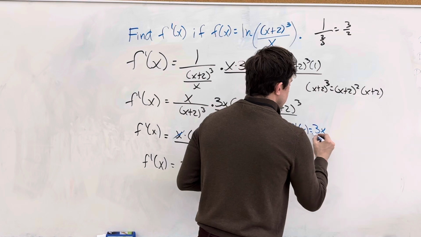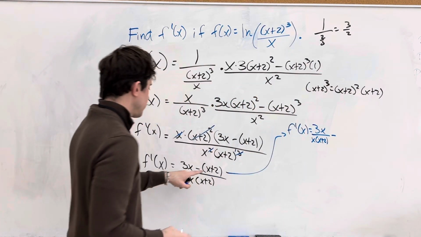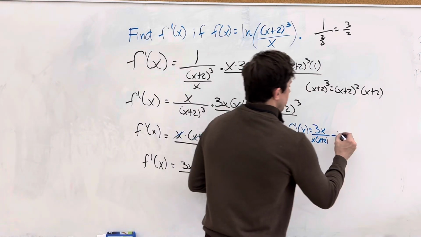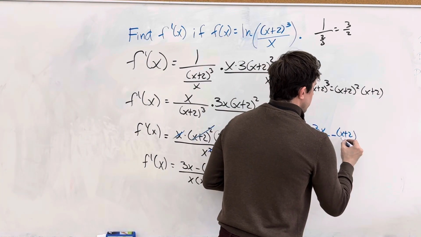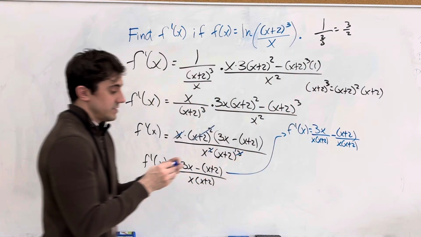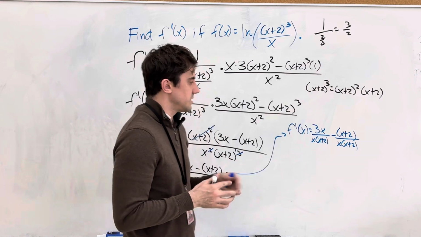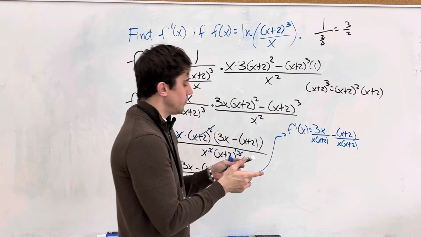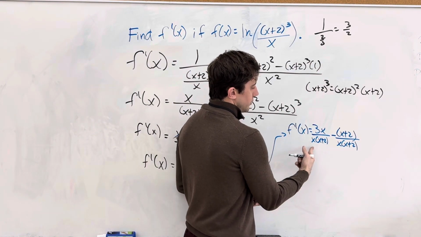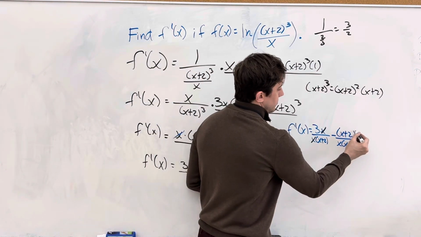So 3x over x times (x plus 2) minus (x plus 2) over x times (x plus 2). And you might be able to see now what I mean when I say they'll each simplify in their own unique way. In the first term, the x is canceled out, and in the second term, the x plus 2